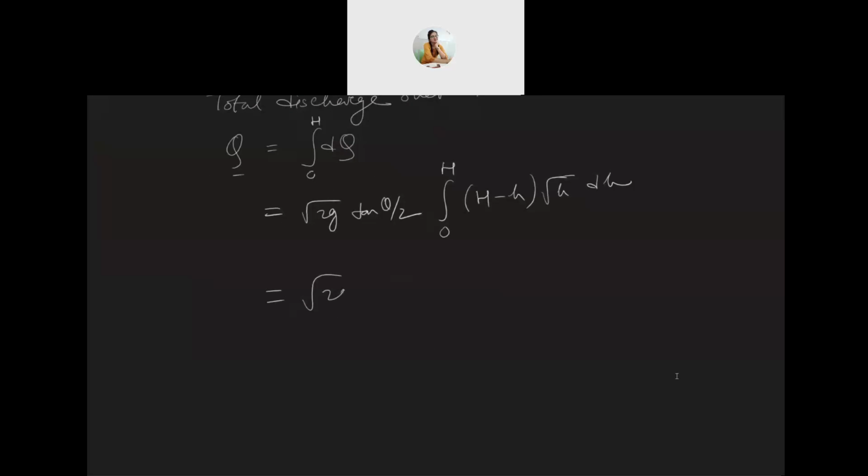And finally, we are going to arrive at an expression for the total discharge, that is Q equal to